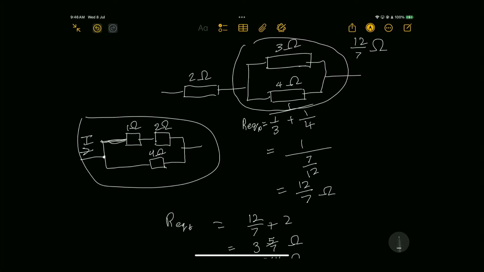But now the equivalent resistance of these top two resistors is 3 ohms, right? Because they are in series, so 1 plus 2 is 3. Because these are in parallel, there is the same potential difference across both of them. So V is the same in the 3 ohm resistor and in the 2 ohm resistor. But because R is different,